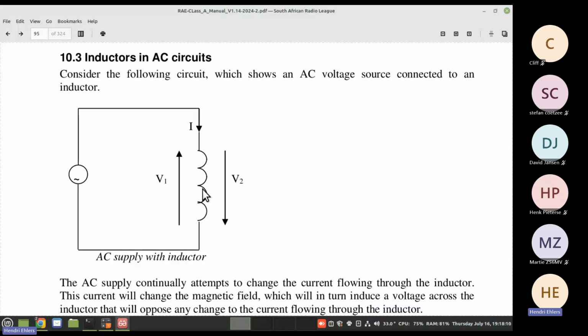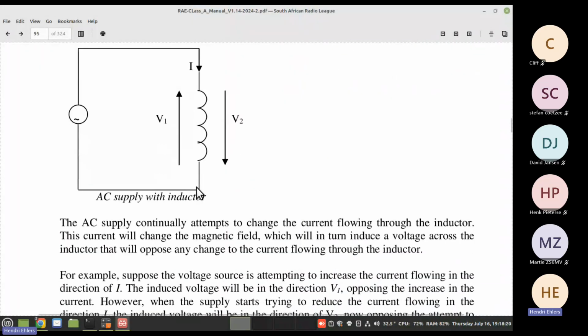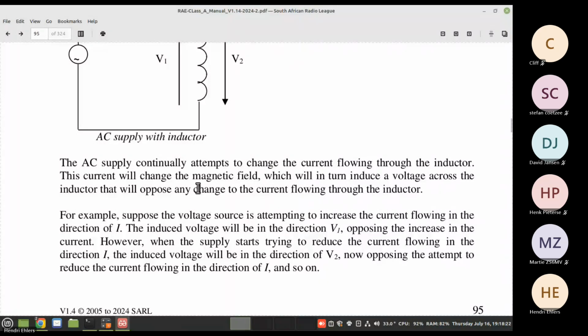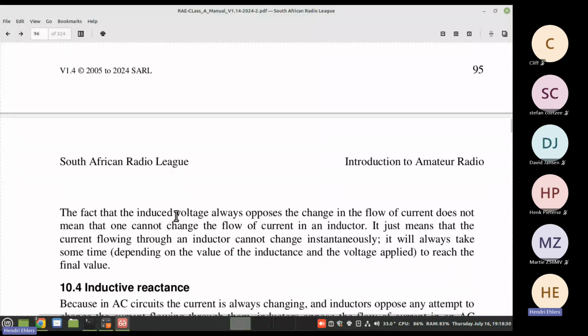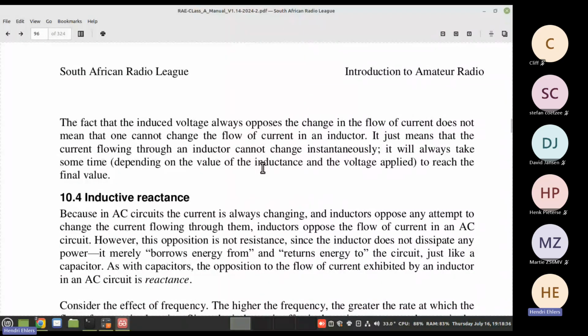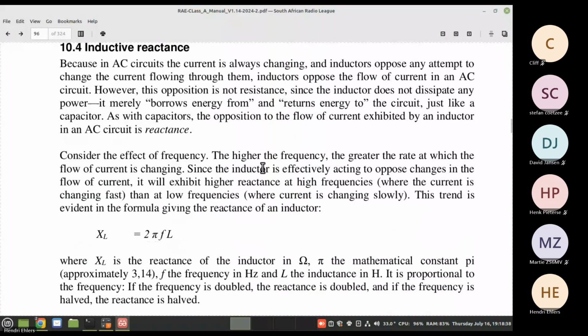And then, of course, when the voltage is rising, the magnetic field must be created again. So yeah, they resist change, or let me say, oppose change. Here they say that it opposes change, and then we get to